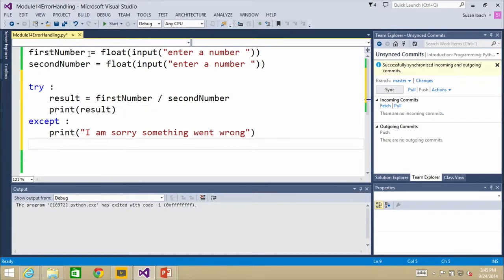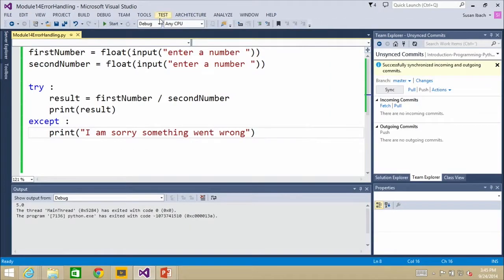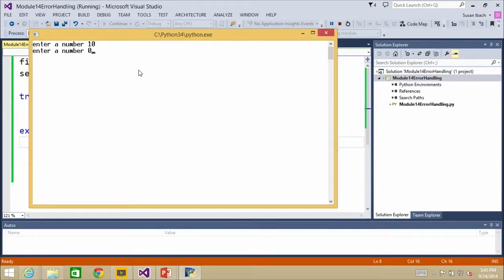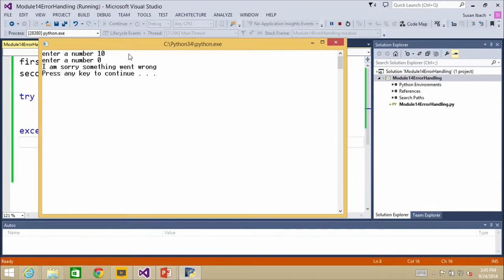Yep, exactly. All right, so what we have in this code, let me zoom in a little bit, is we've accepted 2 numbers. We try and do our division, and we assume everything goes well. If something does go wrong, if there's an exception, another word for error, then I'm going to print a message saying, sorry, something went wrong. If I run the code and I enter 10 divided by 2, everything goes great. Yay! And if, on the other hand, I try 10 divided by 0, you can see the error message comes back and says, hey, I'm sorry, something went wrong.